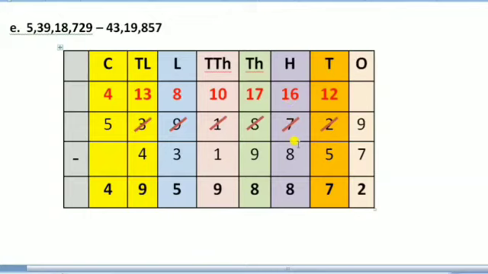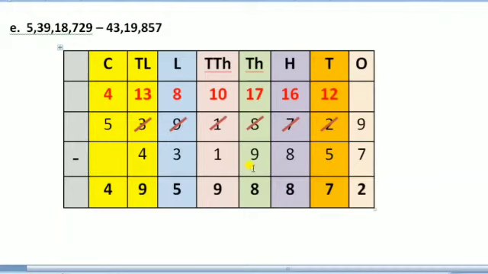6 minus 8. Earlier here it was 6. 6 minus 8. Not possible. Again 6 will be going to the next column and asking 8 to lend 1. When 8 lends 1 to 6, it becomes 16. And here cut and write the number which is left over, that is 7. So when 8 gives 1 to the near column value, it becomes 7. 16 minus 8 is 8, so we will be writing answer as 8.